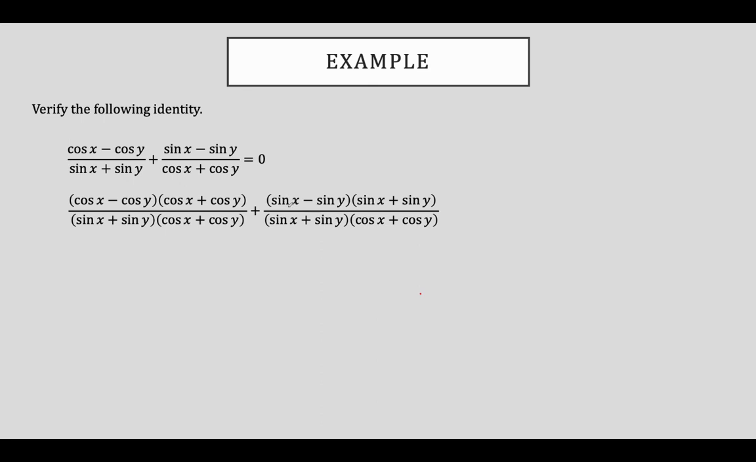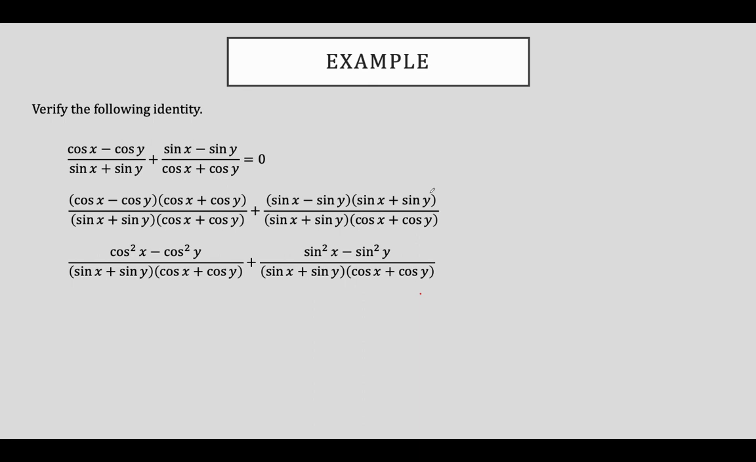On our right side fraction, sine x times sine x gives me sine squared x. Sine x times sine y minus sine y sine x. Notice again, the outer and inner terms are going to add to 0. And I have a minus sine y times a plus sine y, which gives me minus sine squared y. Okay, cosine squared x minus cosine squared y divided by sine x plus sine y times cosine x plus cosine y, plus sine squared x minus sine squared y over sine x plus sine y times cosine x plus